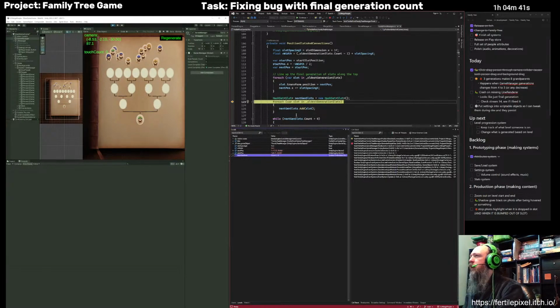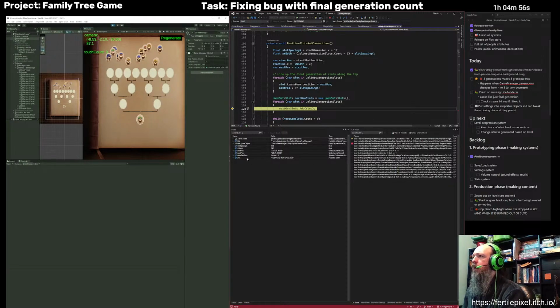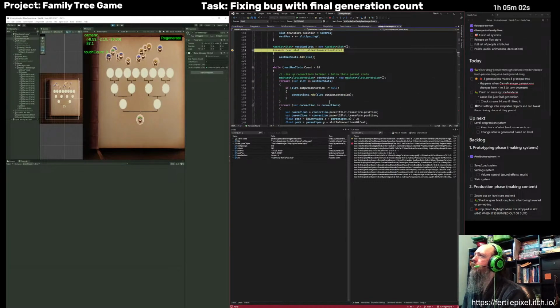So it's just moving these oldest generation slots into there. So it should do 2, 3, 4. Okay, so now we have 4 in there. Now, as long as there are any slots,